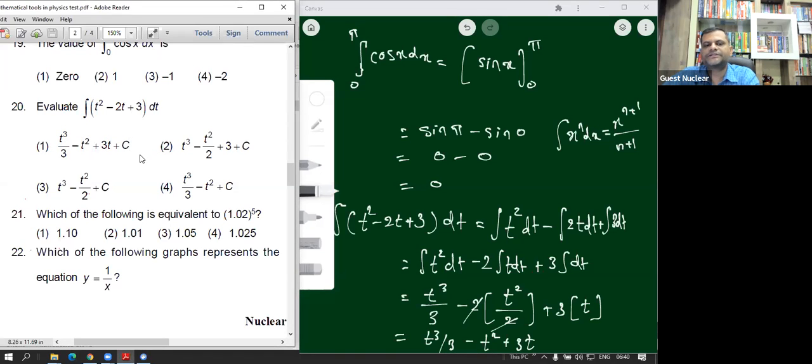Check. t cube by 3 minus t square plus 3t plus c, which is already there in this option number 1, that is the correct one. Yes,